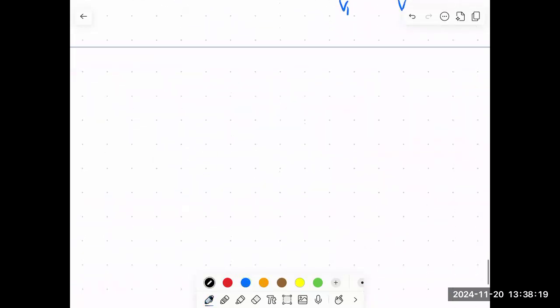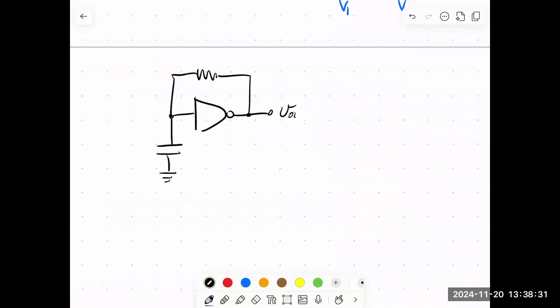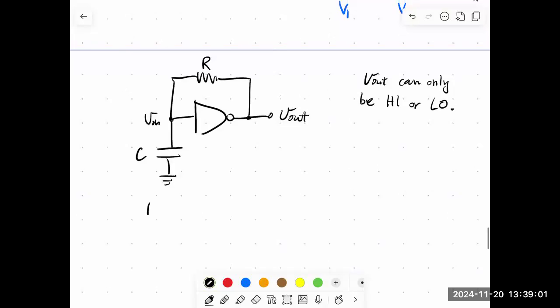So let me draw it again so that we just have it nearby. So capacitor to ground, and then resistor, and this is going to be our V out, and this is our V in, and we want to know what happens to the circuit. So V out can only be high or low. There's no other options. And so basically we have two cases to analyze. All right. And so let's assume